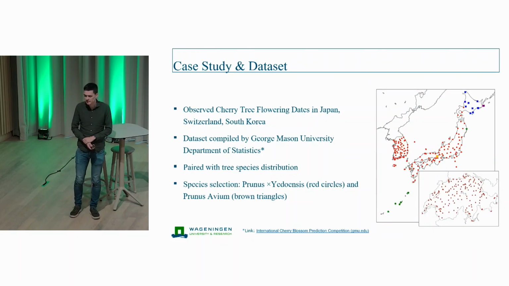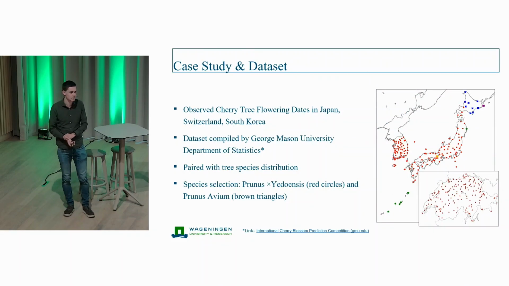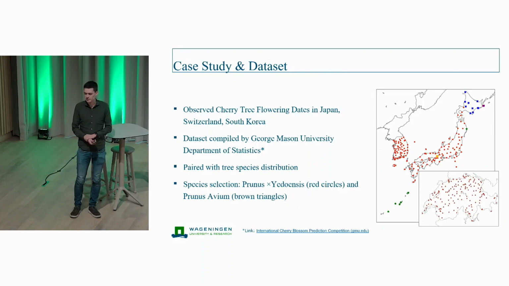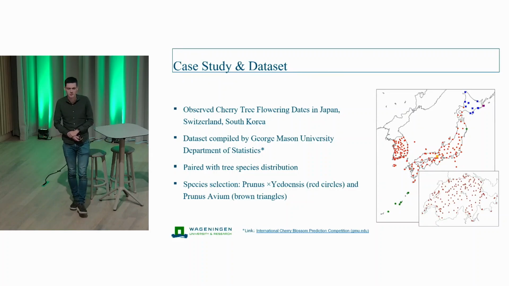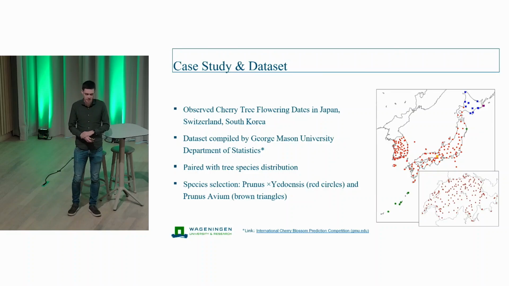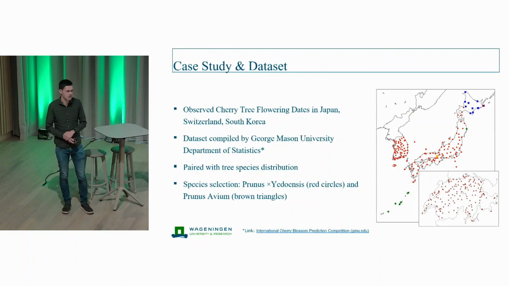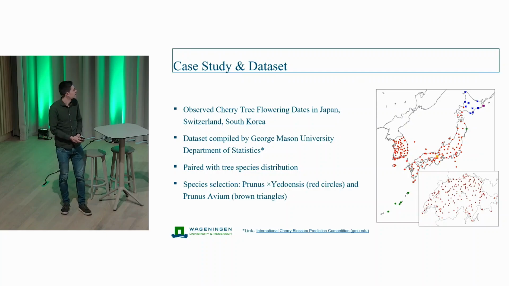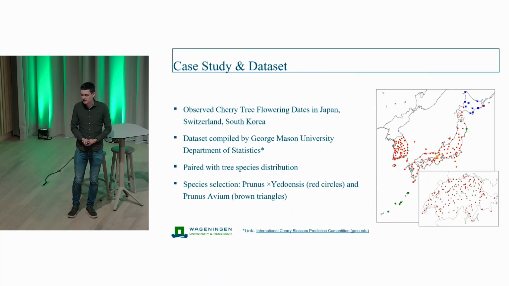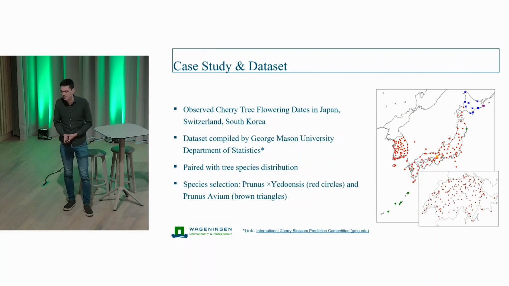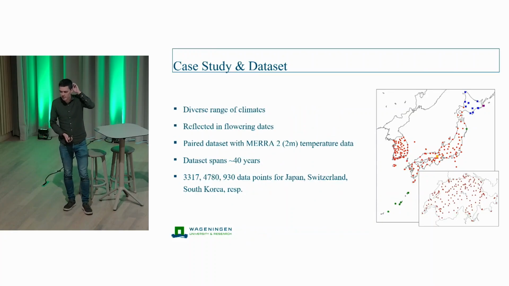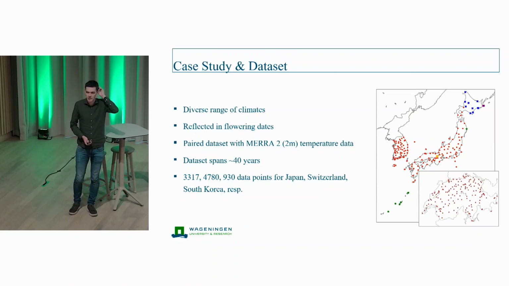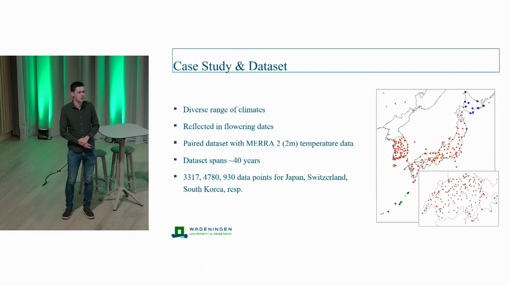Some details: the data set that we used was a data set on cherry tree flowering in Japan, Switzerland, and South Korea. It was quite a sizable data set compiled by the George Mason University Department of Statistics as part of a competition. We paired this data with temperature data as well as the tree species distribution, which you can see on the map. Especially in Japan, there's a very diverse range of climates in which the same tree species grows, and this is also reflected in the